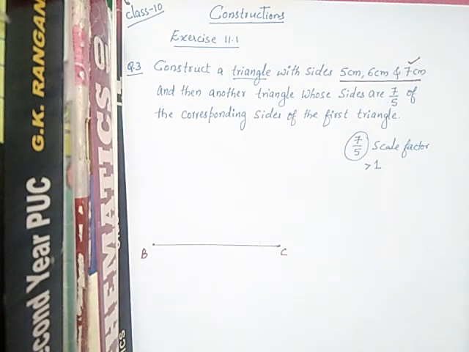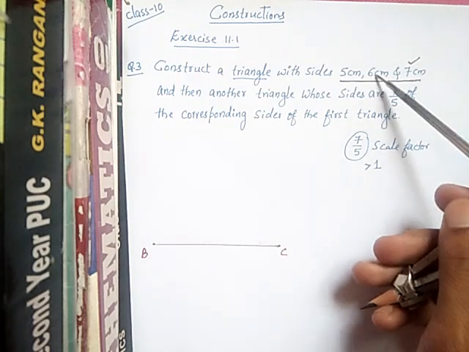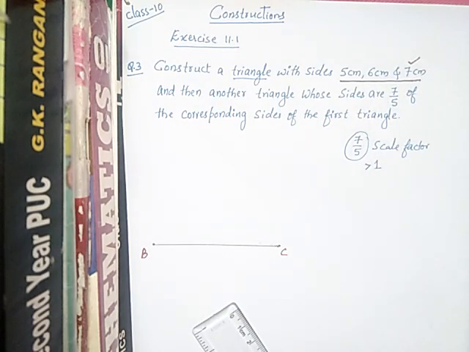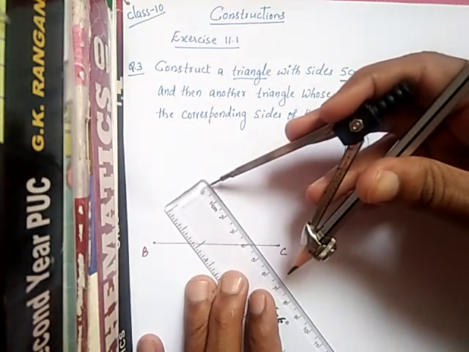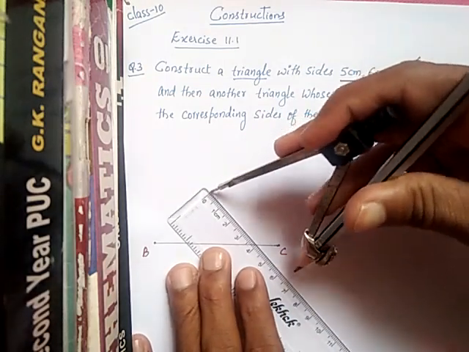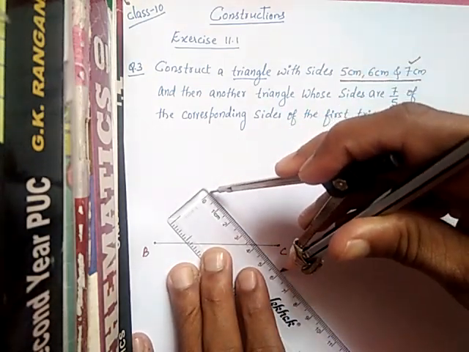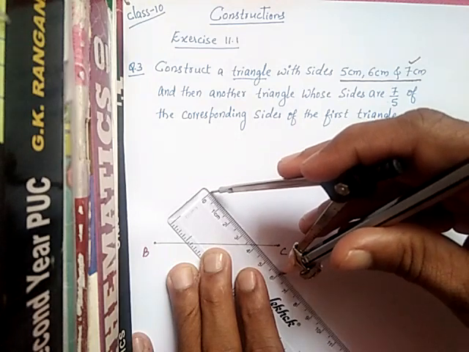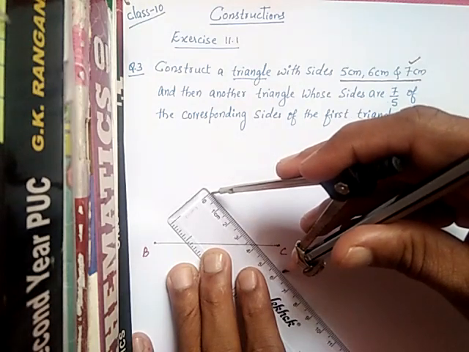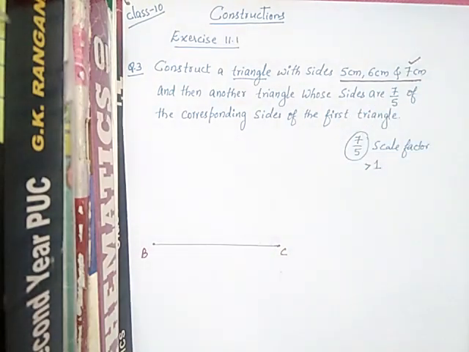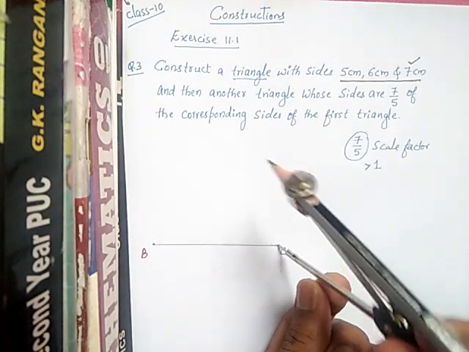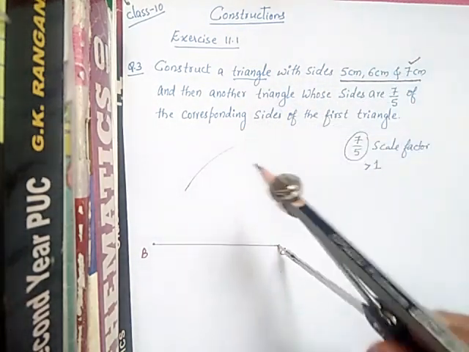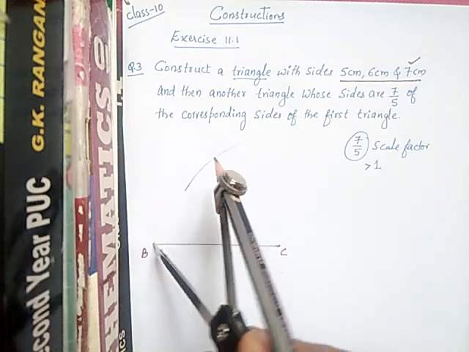Okay, next here it is 7 centimeter over, so next I will take 6 centimeter on the scale from here to here. You already know how to do this. So this is exactly 6 centimeter. After 6 centimeter, you have to keep the compass on C and cut the arc like this. Otherwise you can keep it on B also, it is also correct.